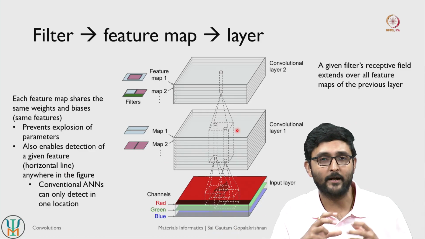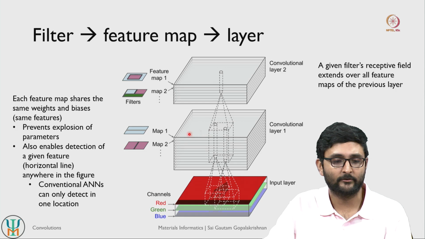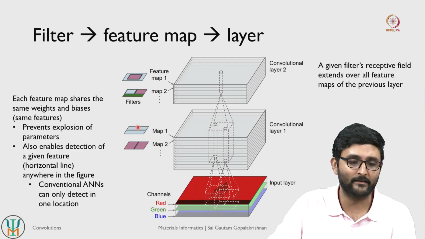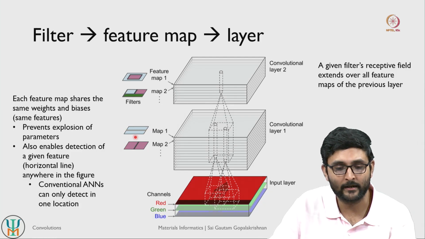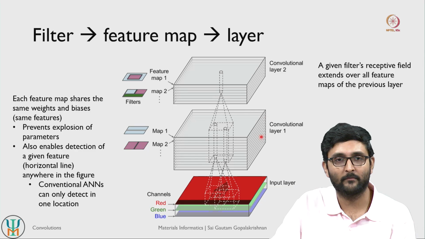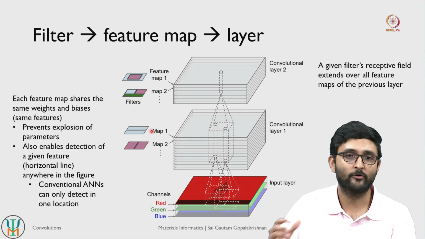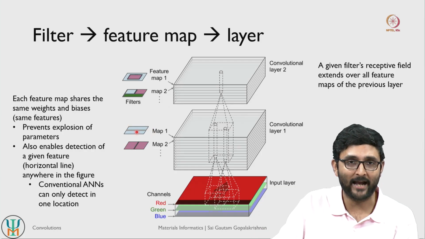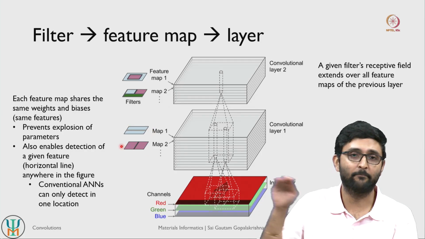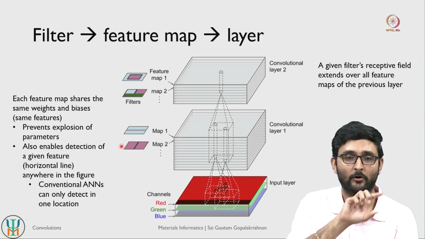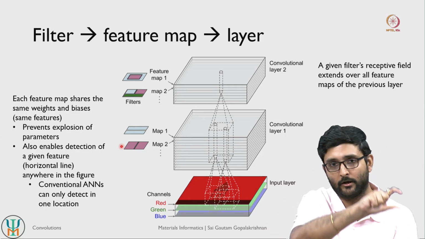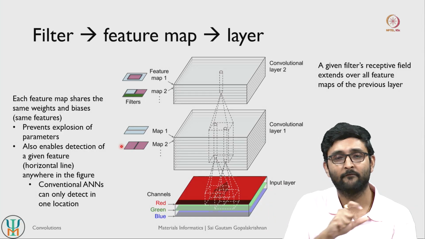So what these filters enable is this: let us say you have created a filter that is recognizing black lines within a blue pixel. As long as this filter has been created, your neural network will be able to recognize any instance of a black line on a blue pixel at any point in your image. So one filter is enough to recognize that same feature across your entire image,